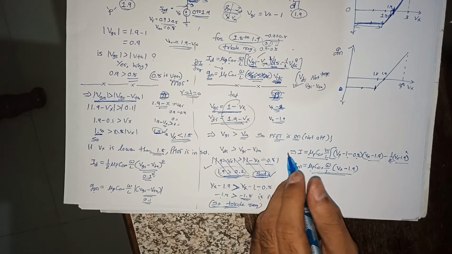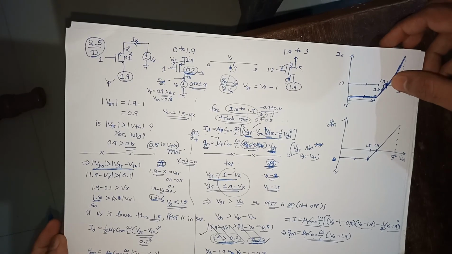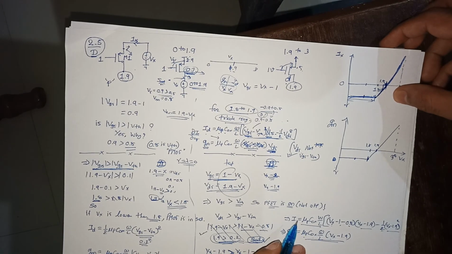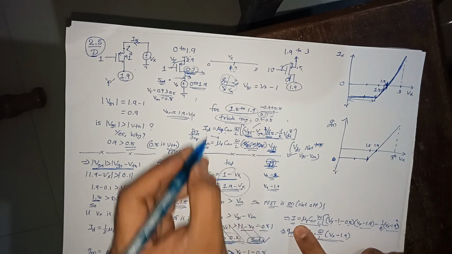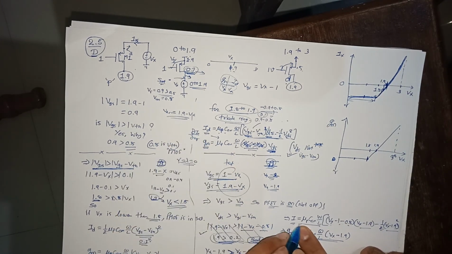Okay, but while plotting values here, you will again need to think very carefully. Why? Because if you take this current as a positive value and this current also as a positive value, you will